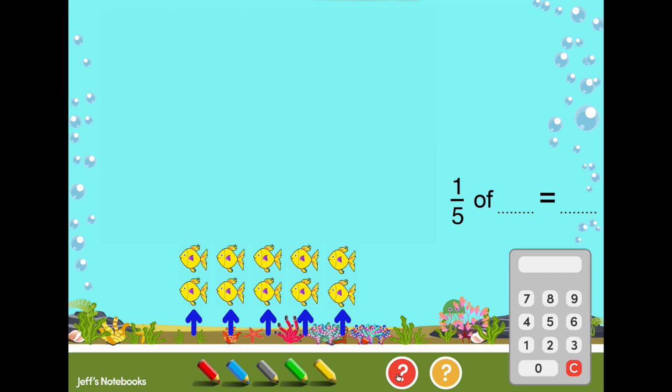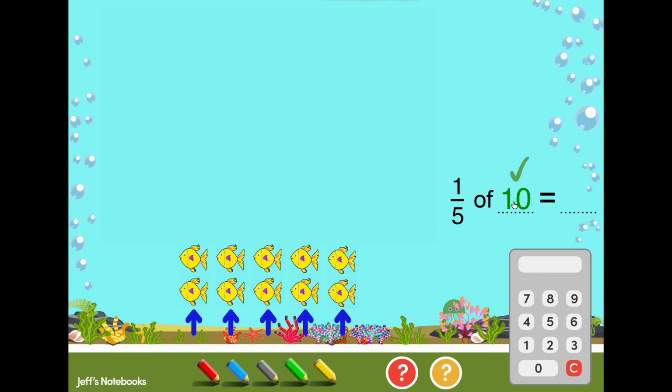The first task is to count the number of fish, ideally getting your pupils to use the concept of arrays by multiplying the number of columns by the number of rows. Enter the number on the calculator, then click in the space after the "of", and if correct, a tick will